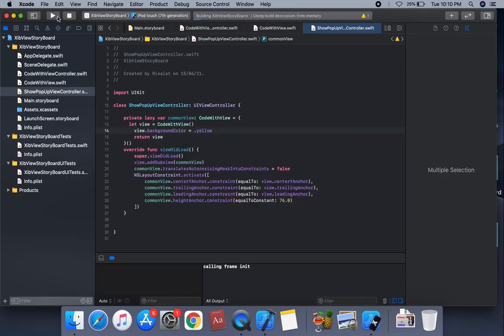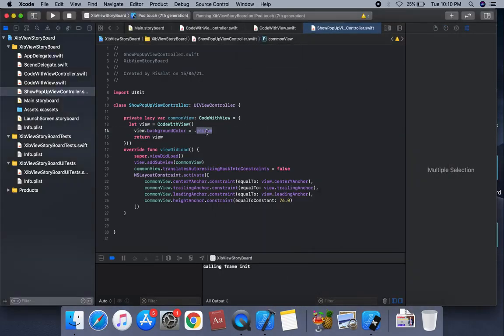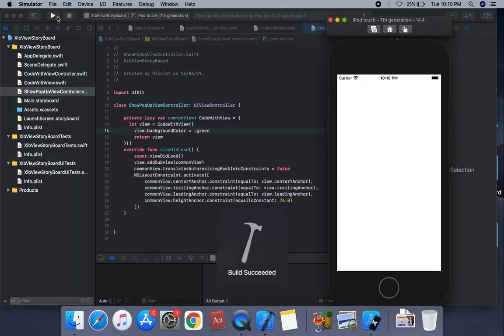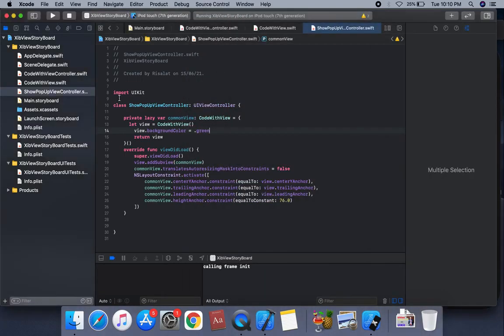We can run on this pop-up, supply on this yellow color. We can change on this, suppose is green color, run on this green color show pop-up. So this is a green color, and we can change on this. We can change on this